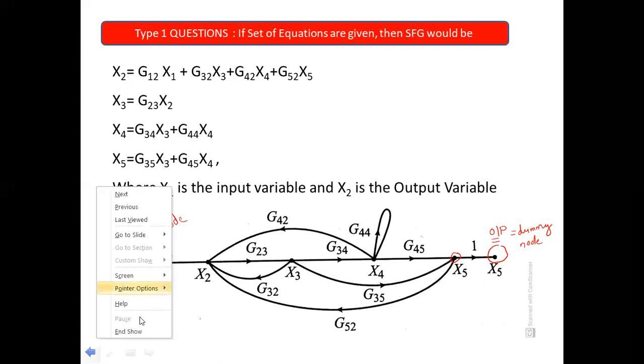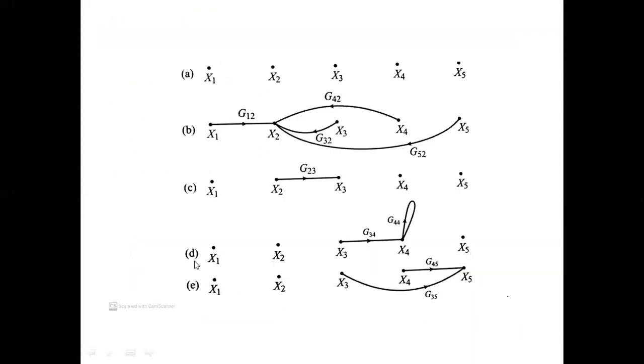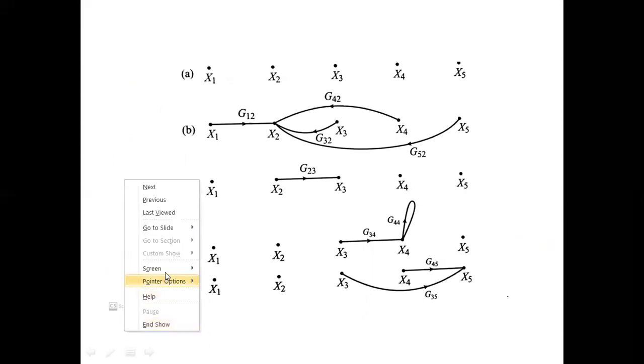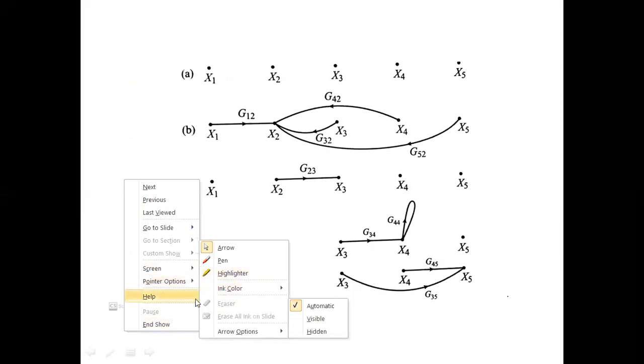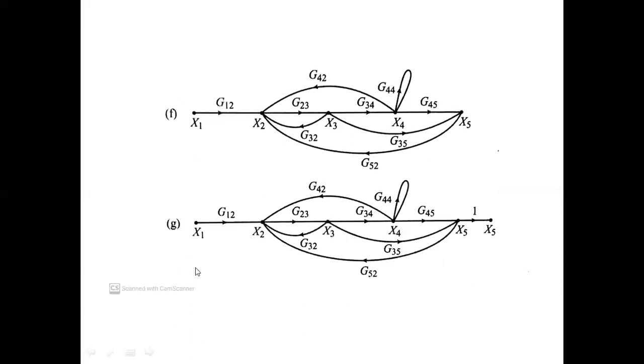Afterwards, we will certainly look after the concept of these particular equations, whereby I have segregated each equation individually. Here you can see in all equations we have considered some sort of segregation, and we have drawn the SFG of each equation individually, and further we have clubbed all the equations. So here you can see equation number 1, 2, 3, 4, 5, and all these equations are clubbed together, and we will further analyze these. This is the final format which we have drawn.